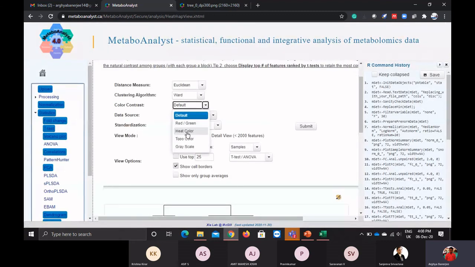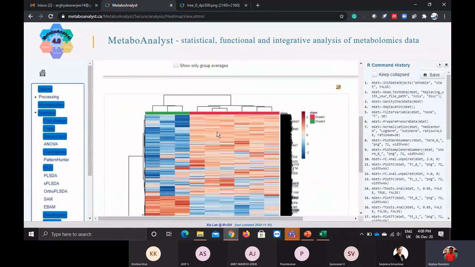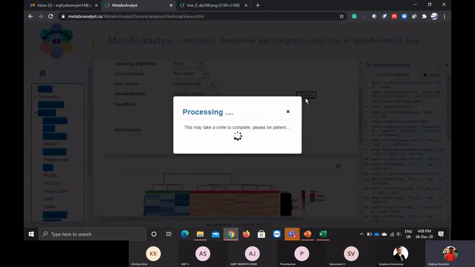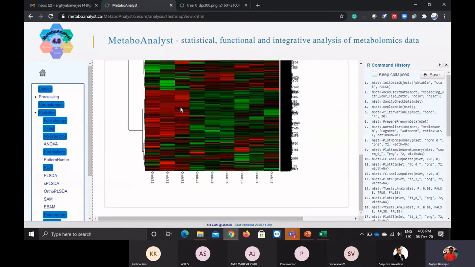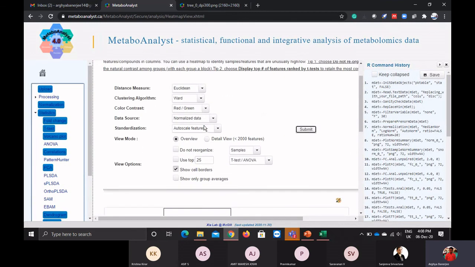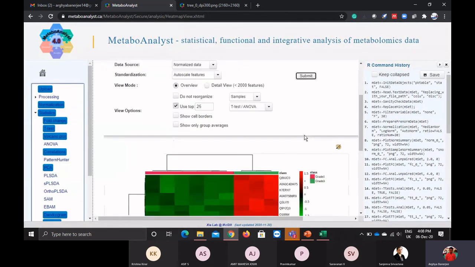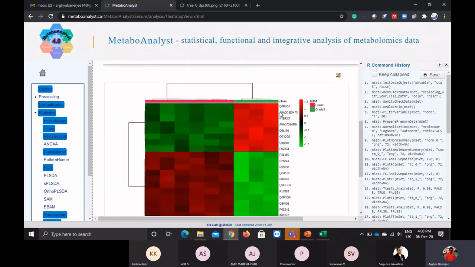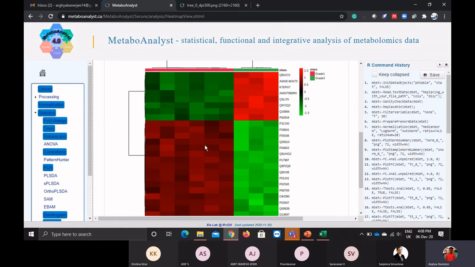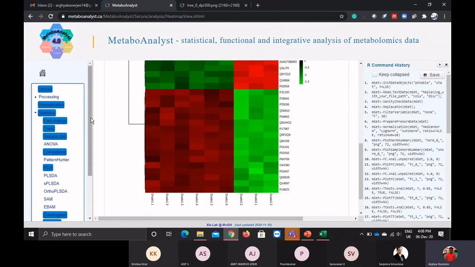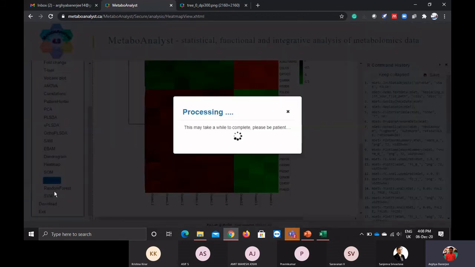I can recolor it. I can color those and I can do a submit. I can get an overview that these are highly expressed in grade 1 and these proteins are highly expressed in grade 3. Let us come to top 25. If I use my top 25, I want to know my top 25 proteins which are highly expressed. You can see the Z-score transformation. These are the proteins which are highly expressed in the grade 3, and these are the top 25 which are highly expressed in the other group. Yeah, so these are the k-means.